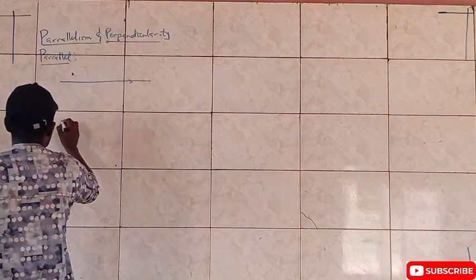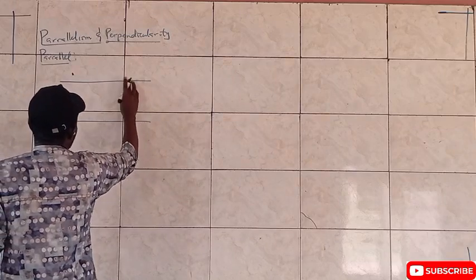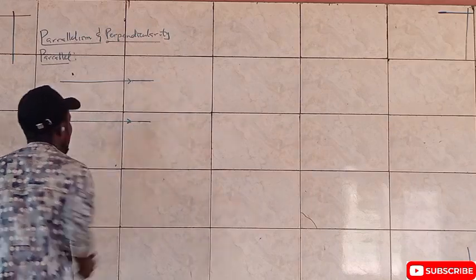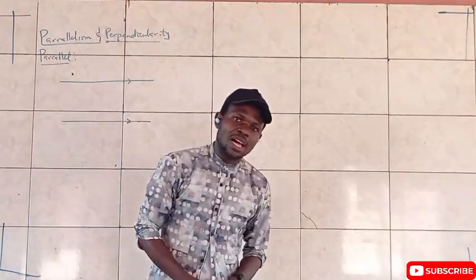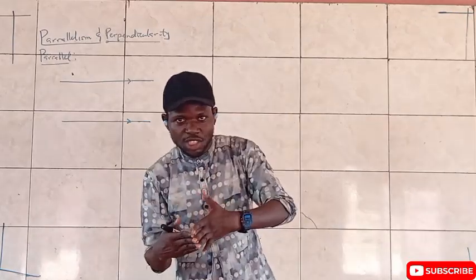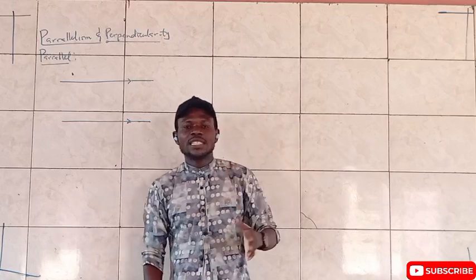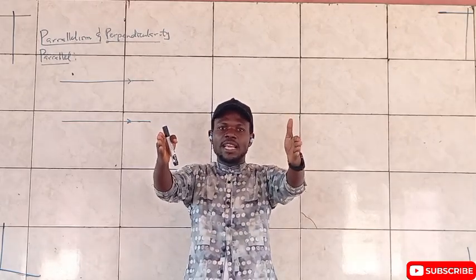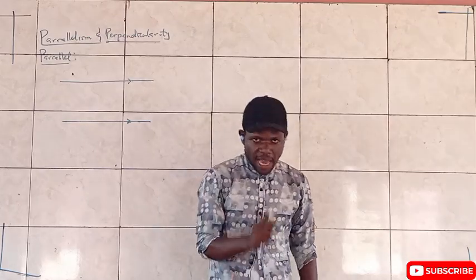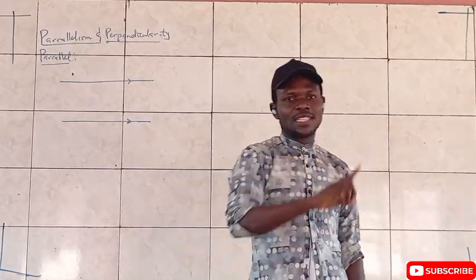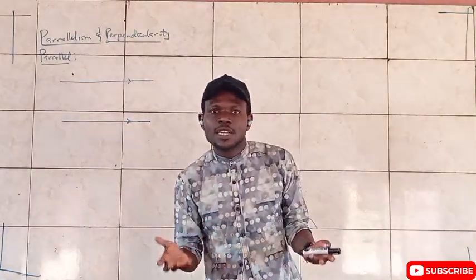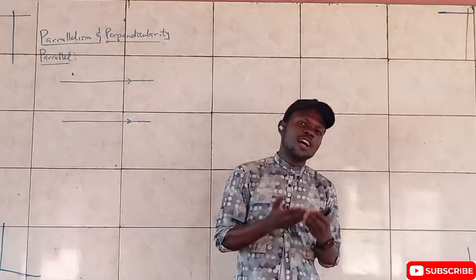Parallel lines are lines that are equidistant from each other. Any lines that are equidistant from each other and have no potential of clashing are called parallel lines. So lines that are moving in a straight line with equal distance and are not shifting their ground are called parallel lines. Like I said in one of those classes initially, the angle between parallel lines is 0, and that's because they are not intersecting. Until two lines intersect, angles are not formed.